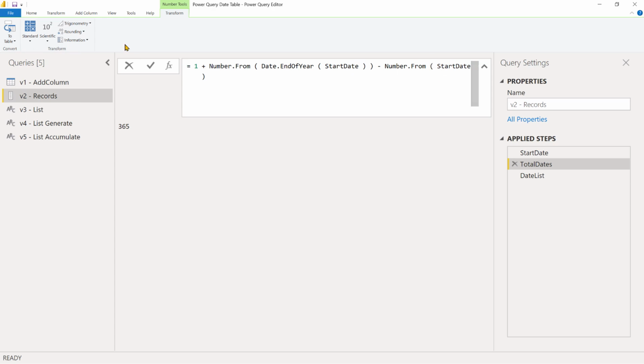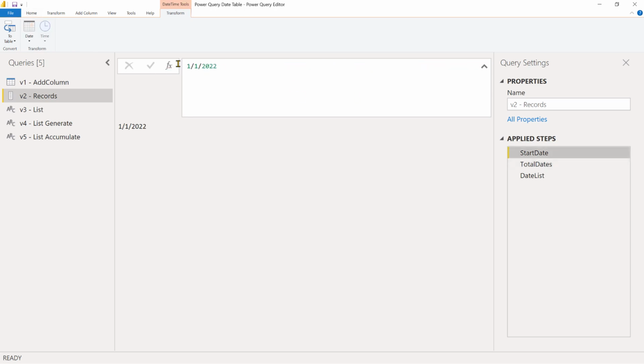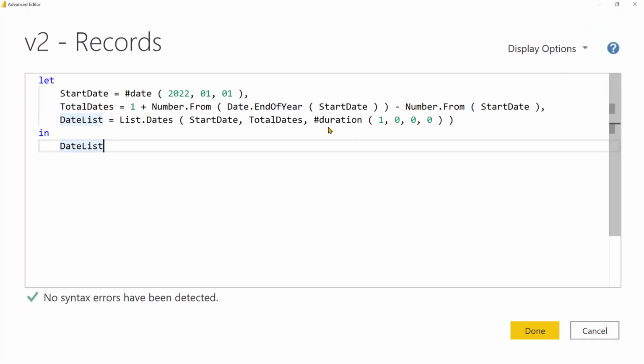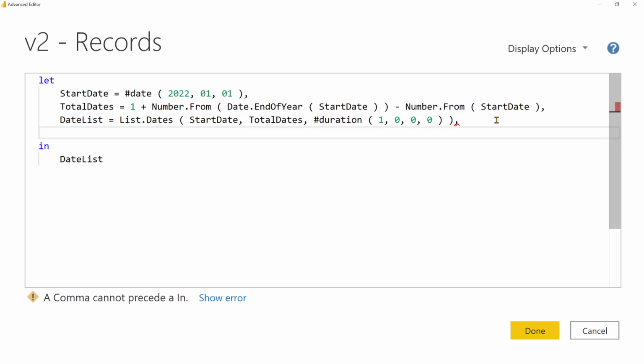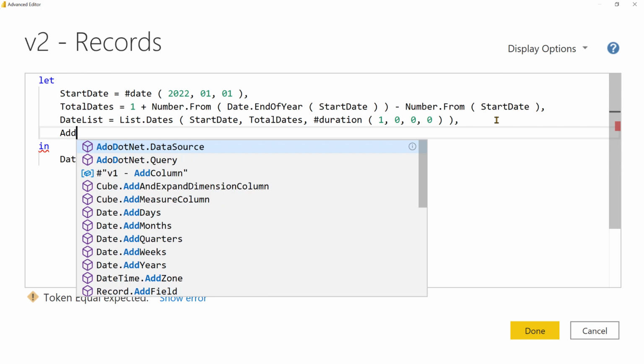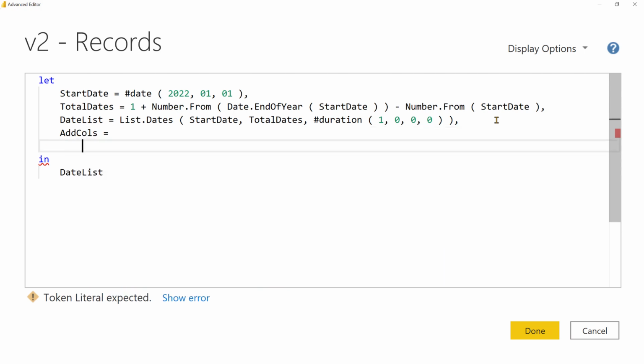Similarly, we can generate the dates for the next year as well. In that case, you can replace the start date variable with a different date using the date function. So let's go back and create a new step. This time we are going to use the List.Transform function. First of all, let's create a new variable, which is going to be add calls, and we are going to open